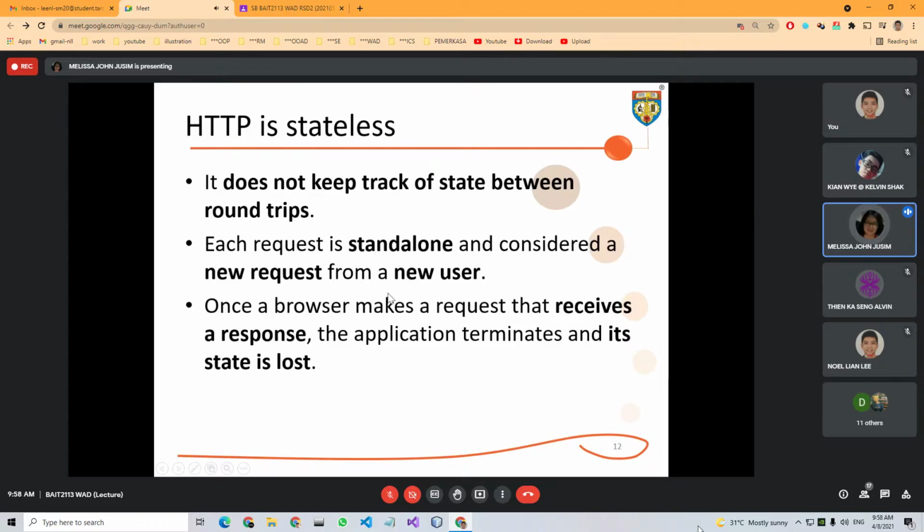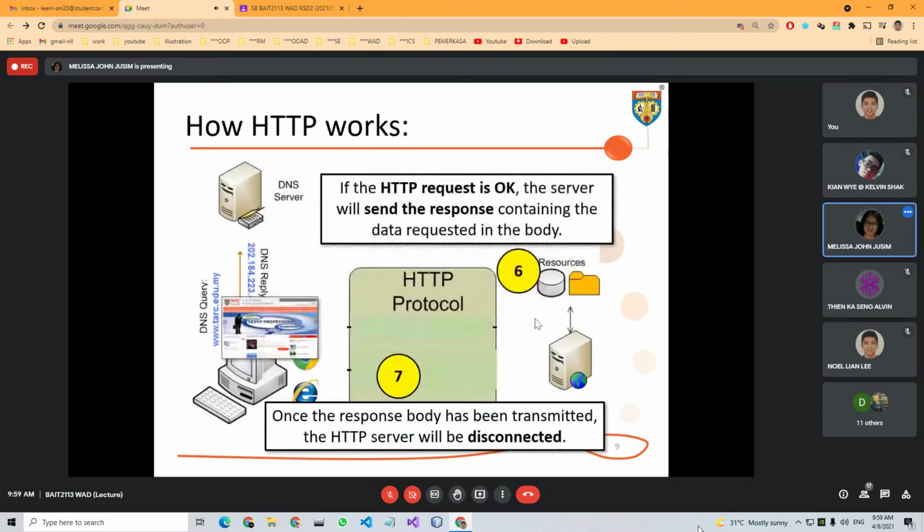Whenever there's a new request, it's considered as standalone. Standalone means, oh, this is a new request from a new user, even though the user has already sent the request earlier on. Once the browser that makes the request receives the response, the application terminates and the state is lost, just like what I mentioned here. Let's take a look at it one more time.